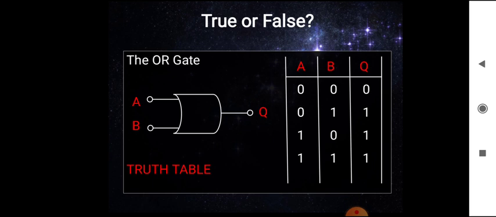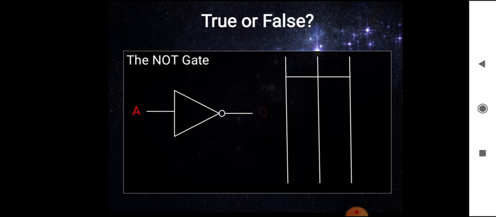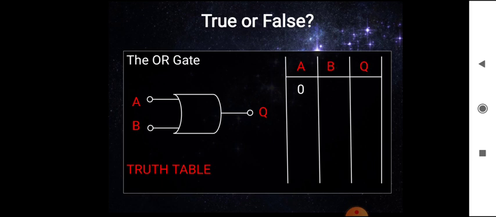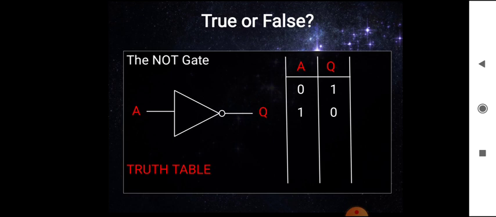Now coming to the next gate, that is the OR gate. Here we have shown the symbol of the OR gate. A and B are the inputs and Q is the output. Here Q means A plus B. In the AND gate we saw A dot B, here it is A plus B, and the truth table also. Once you see the truth table again, suppose inputs A and B are both 0 states, it means 0. And here we have to know that if any input has one state, output will be there. 0 1 means 1, 1 0 means 1, 1 1 means 1. That means if any input has one state, it has the output.